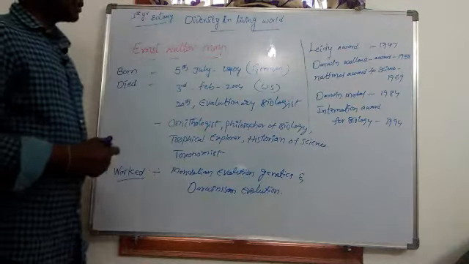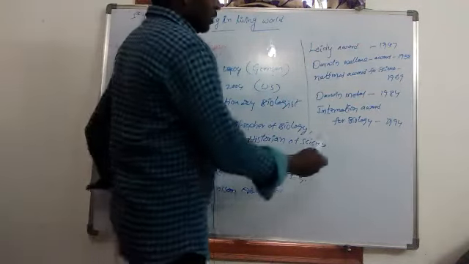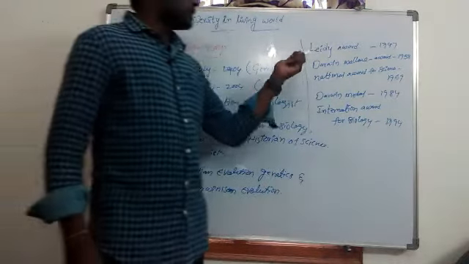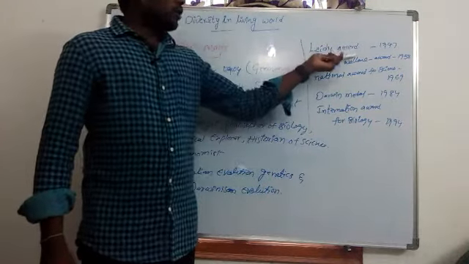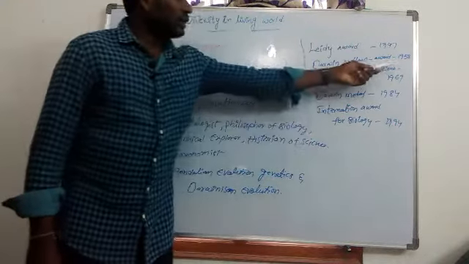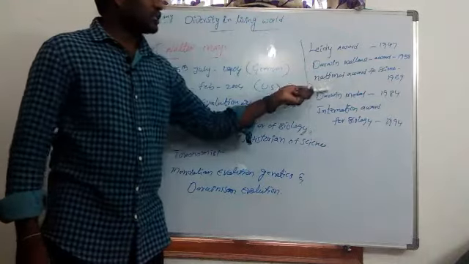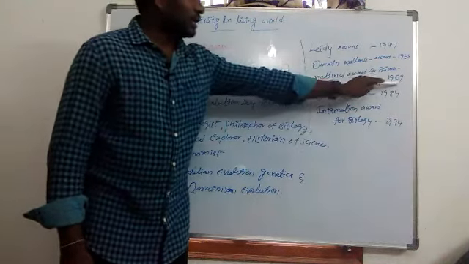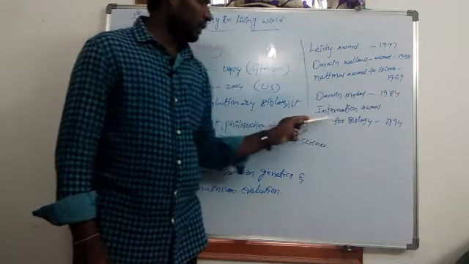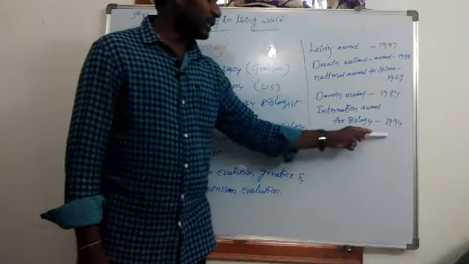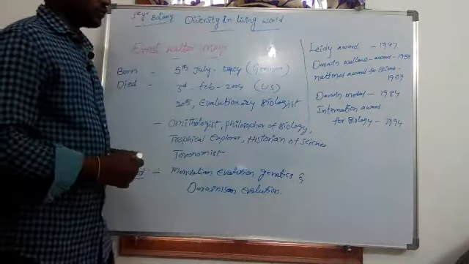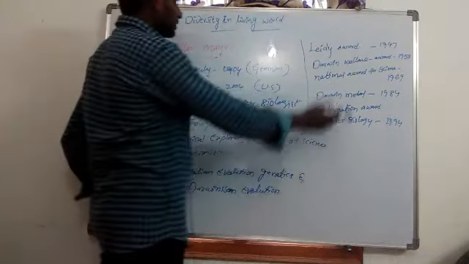He got a number of awards: the Leidy Award in 1947, the Darwin-Wallace Award in 1958, the National Medal of Science in 1969, the Darwin Medal in 1984, and the International Prize for Biology in 1994. This is the history of